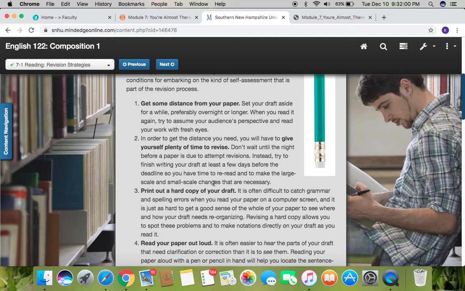Print out a hard copy of your draft. I know for me, as you have noticed, I'm sure, I print out your work that you submit. I print out hard copies, and I go over it with a pen, and I mark it up that way. There's something about pen and paper when it comes to the revision process. Studies have been done that show that